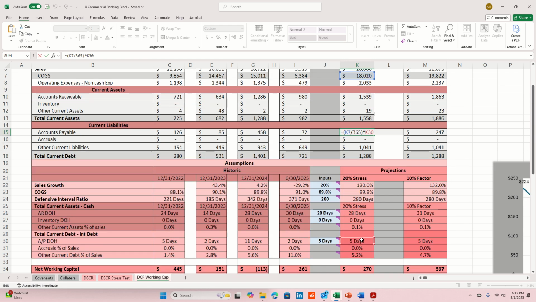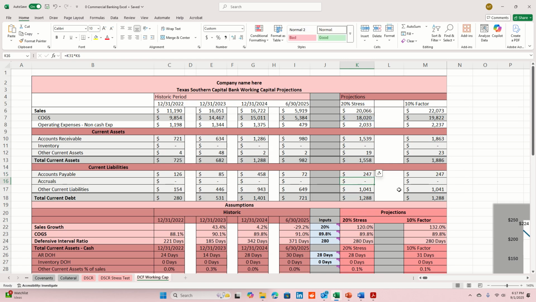Our days on hand were 5 days here. Now this is the science of finance. We calculated this is how many current assets we have. This is how many current liabilities we have. So if we take 1558 and subtract 982 from that,